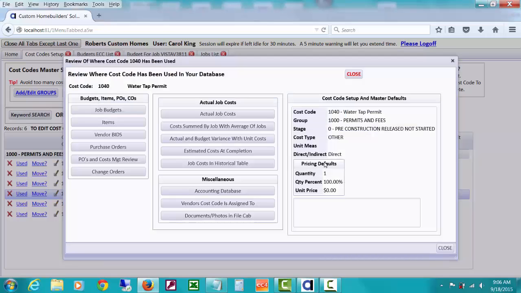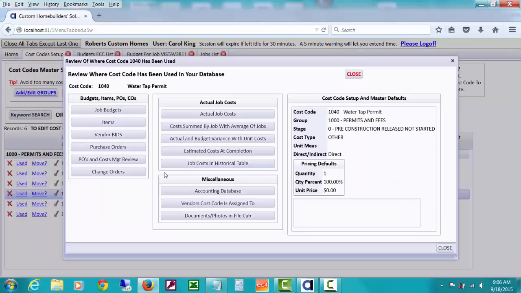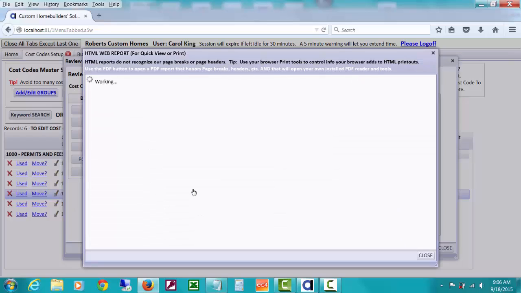So what we want to do, and by the way, you can go see if there's been any actual job costs posted to it, and this one hasn't. If it's found in your accounting database, it cannot be deleted. That's a good reason for getting your cost codes set up